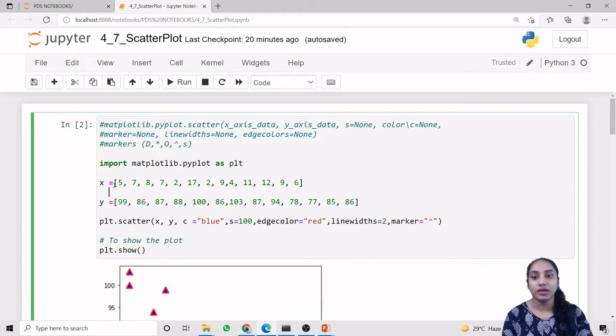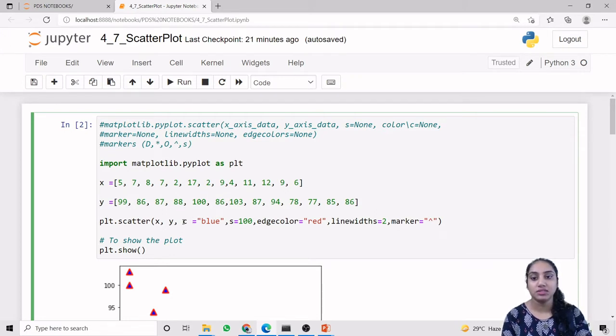Now we are plotting our data according to this. Suppose this is the 5 value, for it 99 will be the y point, for this 7 value this 88 will be the y point, this 17 value this 86 will be the y point. So according to it our scatter plot will be plotted.